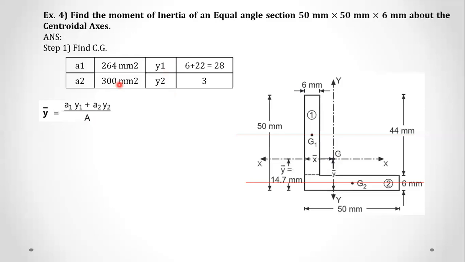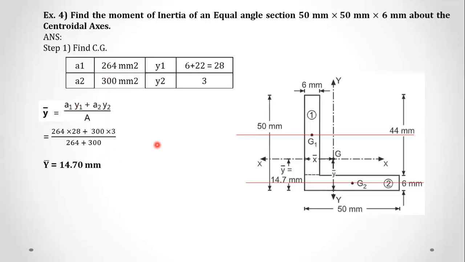So I have calculated y1 and y2, and I am going to find y bar. We know the formula: y bar is equal to a1 y1 plus a2 y2 divided by A. So put the values: a1 is 264, y1 is 28, a2 is 300, y2 is 3. A is the summation of both a1 and a2, so 264 plus 300 mm square. So you will get the answer of y bar equal to